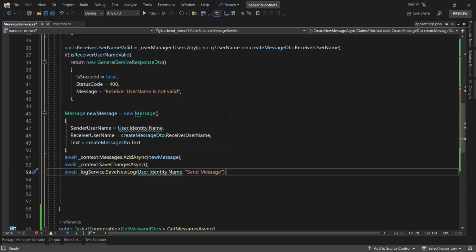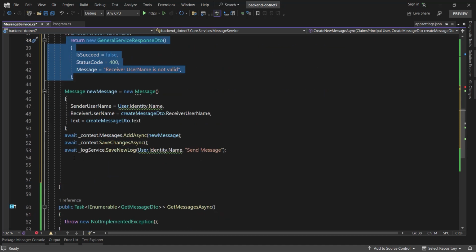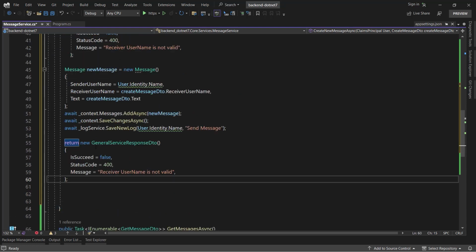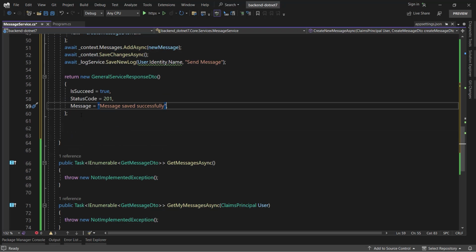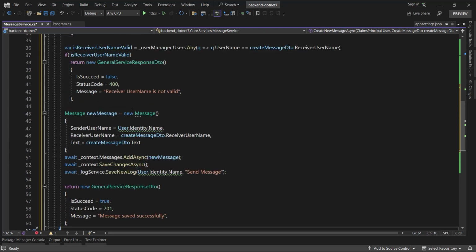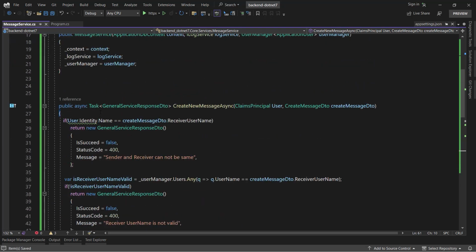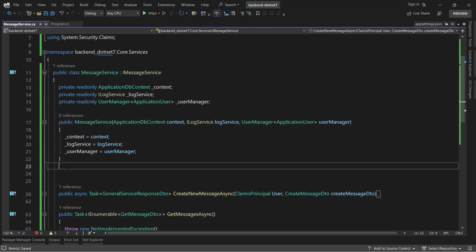So after that, we can return. So let's copy this return because everything is done successfully, and after this, we can return a new general service response DTO. If success this time would be true, and the status code would be 201. And for the message, let me copy that and we say the message saved successfully, and that's it. So let's cut the extra spaces and save everything. That's good. So we implemented this create new message async. Let's minimize it, and also